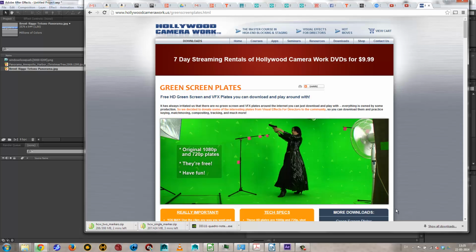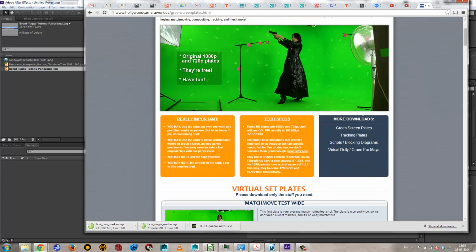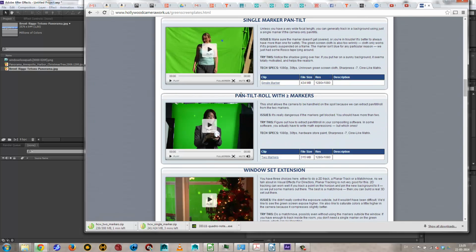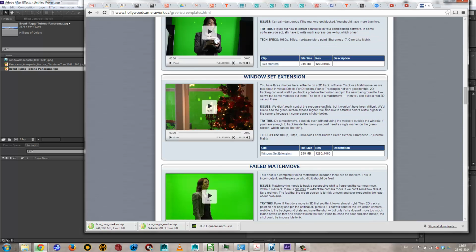We're going for video number 4, and we'll look at tracking and match moving. For this I'm using a piece of footage from this very nice website, hollywoodcamerawork.us slash green screen plates. I'll provide you with a link. They have made quite a few very nice source materials available, and the one I'm going to use is the one called window set extension,